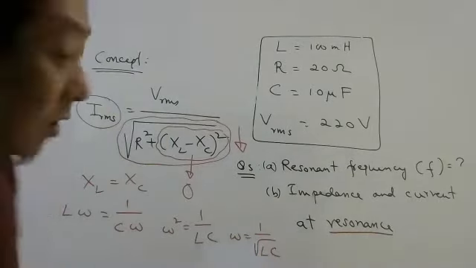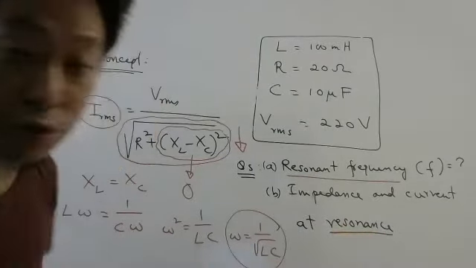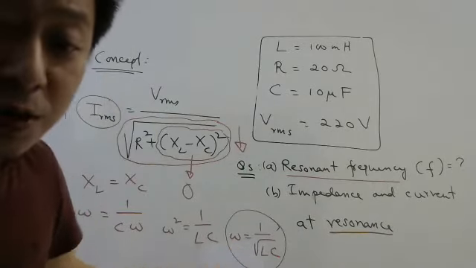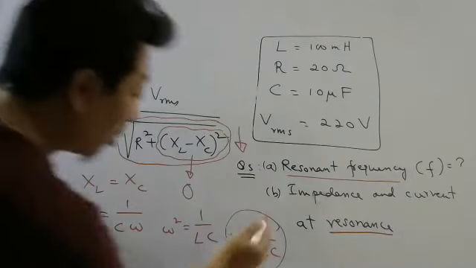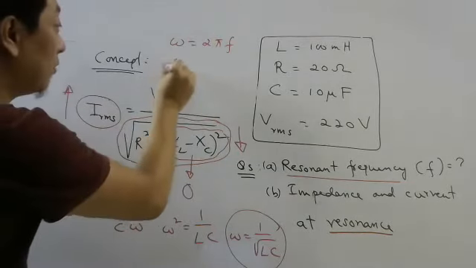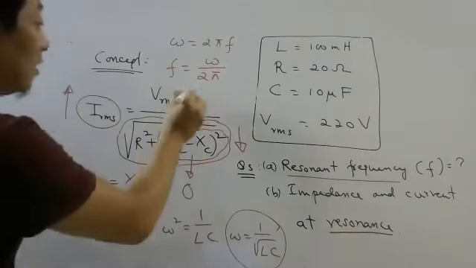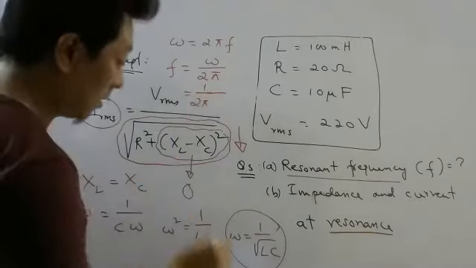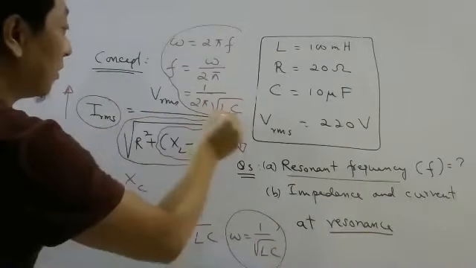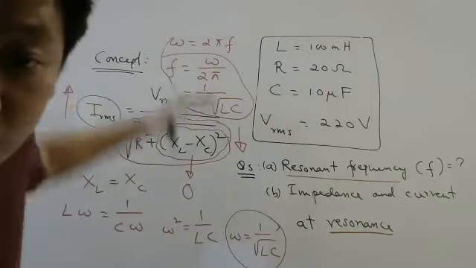Now, sometimes when students are asked resonant frequency, they will calculate this frequency, which is wrong. This is angular frequency. So we have to convert angular frequency into frequency. How, sir? Omega is 2 pi frequency. So frequency will be omega divided by 2 pi. Now you substitute this omega. So 1 by 2 pi divided by root over LC. So this is the formula for resonant frequency. Understood or not? Simply I just thought of showing you how it comes.